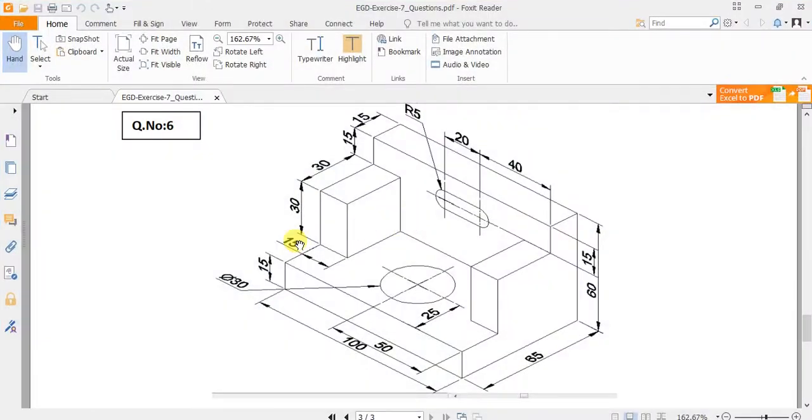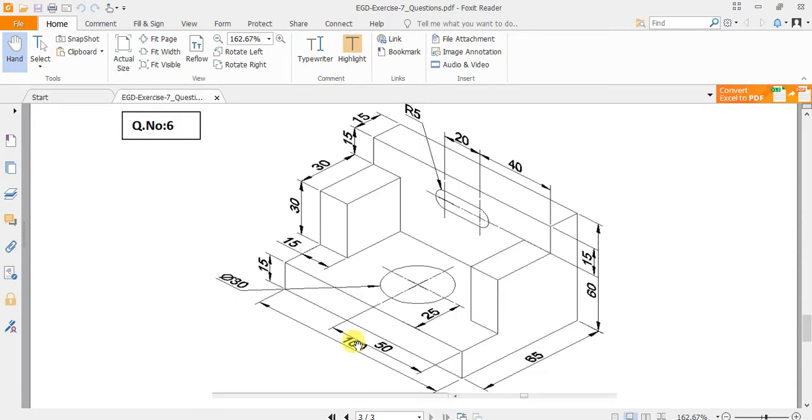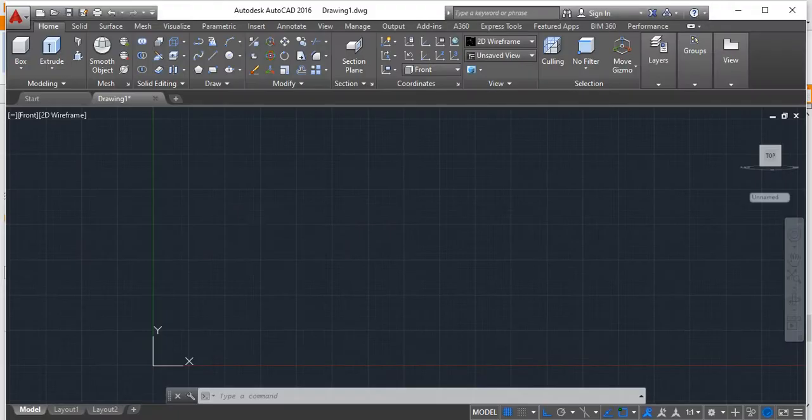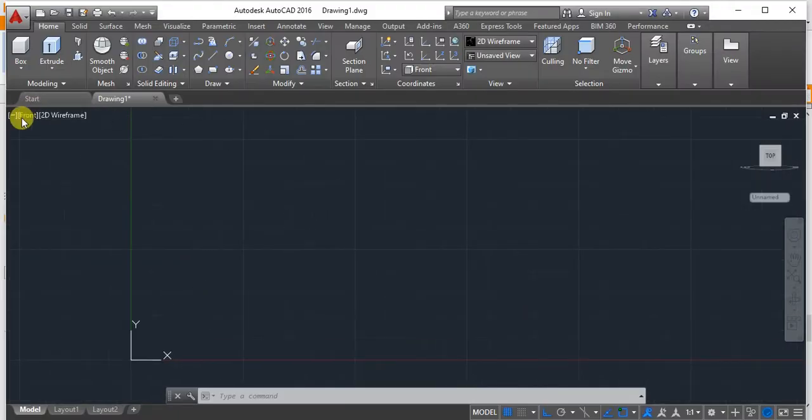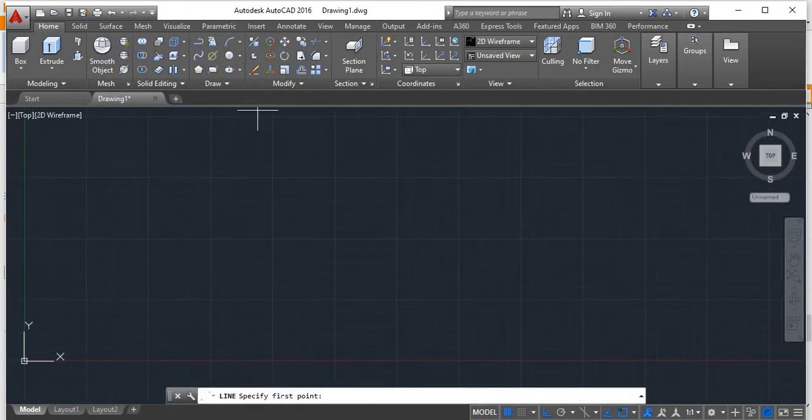Welcome back. We'll start with question number 6. In this question, we'll start from the top view, then build the back rear area and these two blocks, the central through holes. In order to start, switch to the top view, then start with the baseline, which is 100,